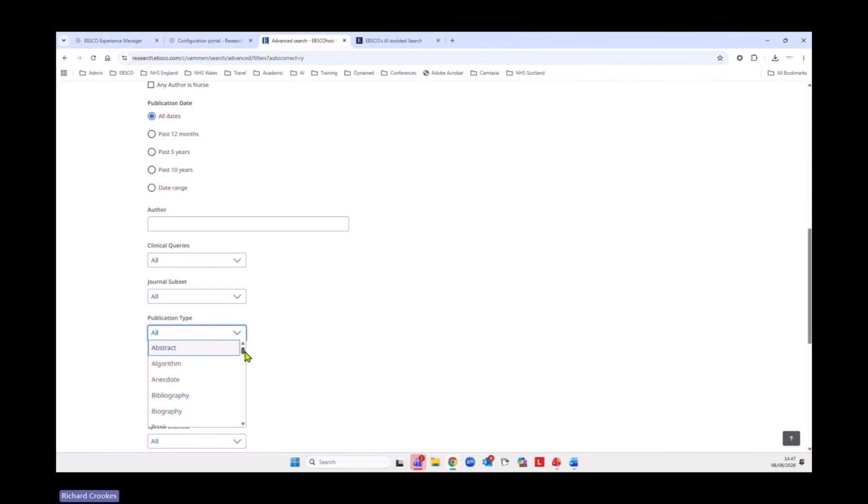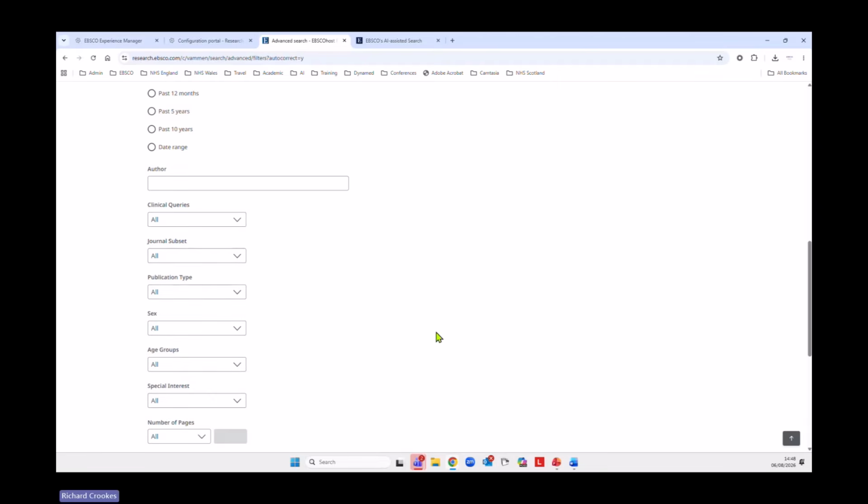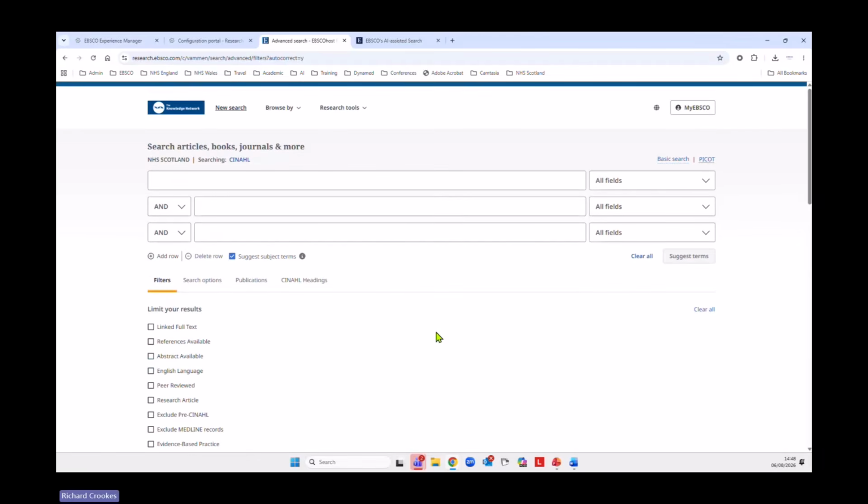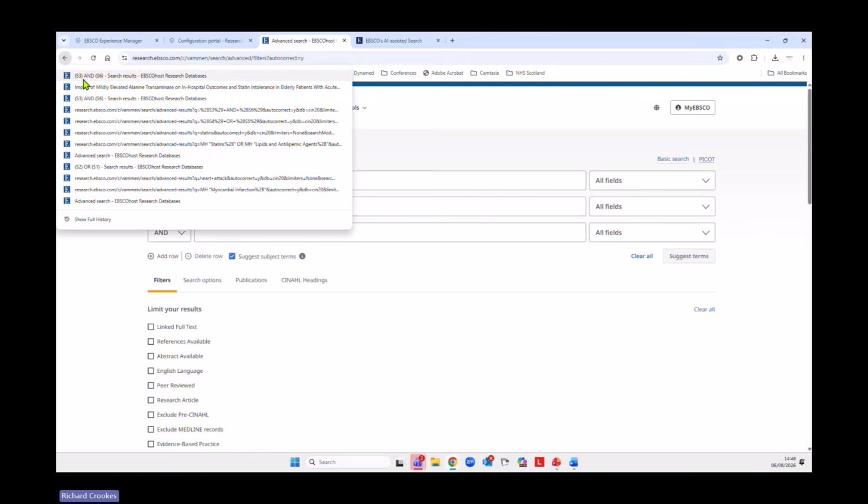So for example, as you see here, case study, clinical trial, etc. And if we go further, you'll see there's also meta-analysis, nursing practice guidelines, systematic review as well. So they're also included there. So there are additional filters on this page that you can also use as well. So they're available. If I go back to the search,